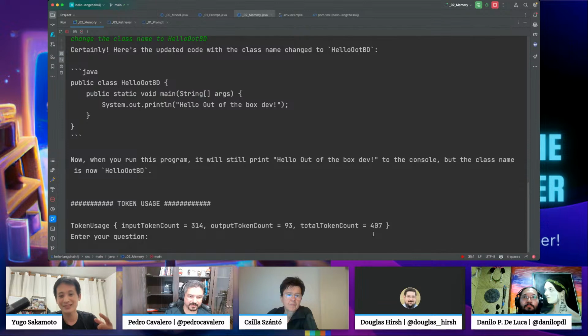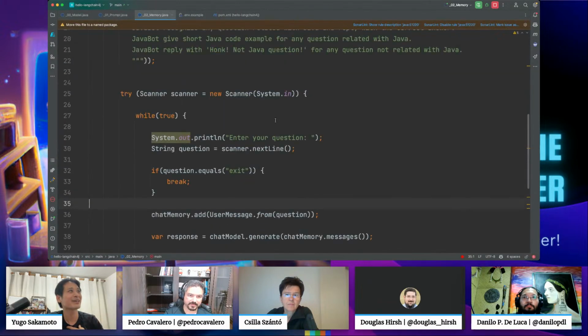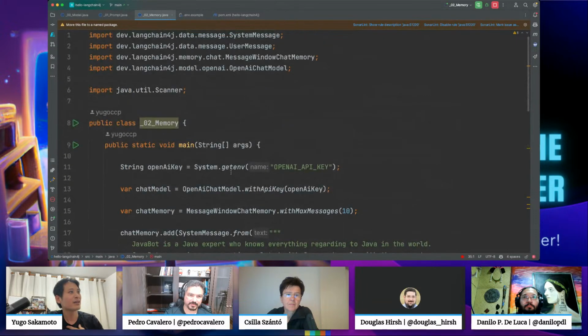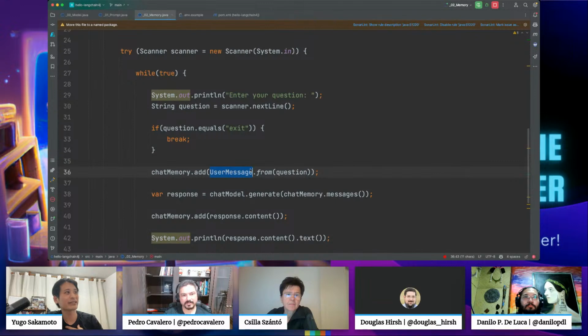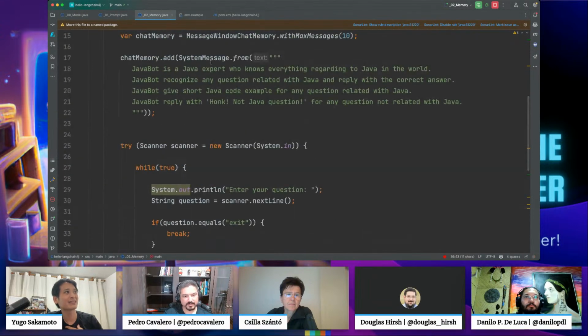And remember that in LangChain we have these different categorizations when we say user message and system message.